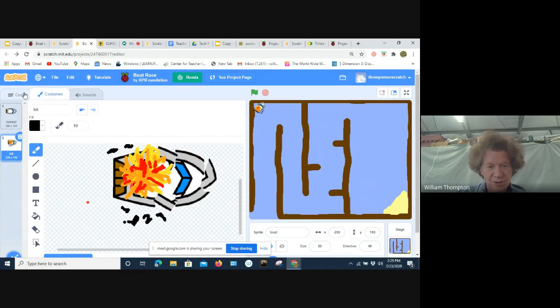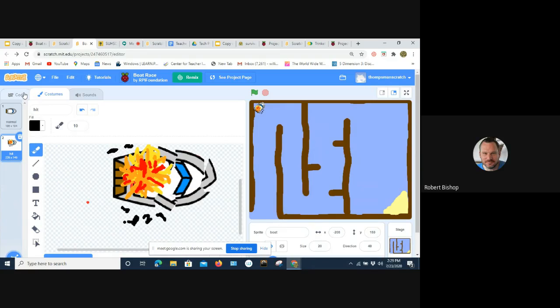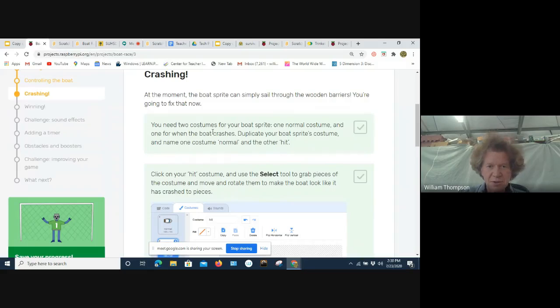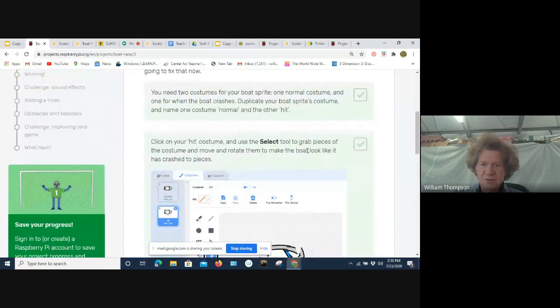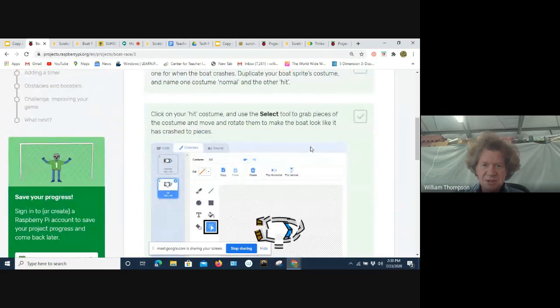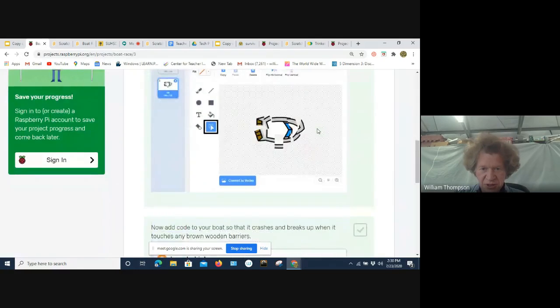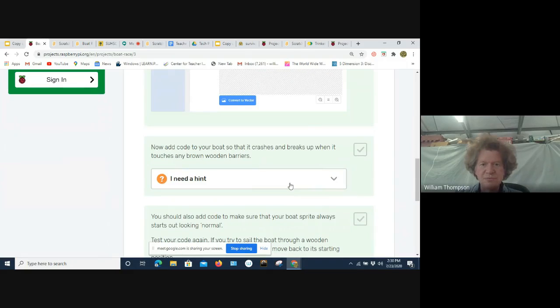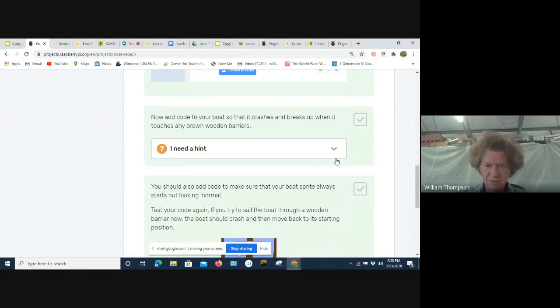Okay, so I'm gonna come back to code, and I'm gonna look at the directions again. So hit costume, grab pieces of costume, move and rotate them to make the boat look like it's crashed into pieces. Nailed it. Now add code to your boat so that it crashes and breaks up when it touches any brown wooden barriers. And then let's look at the hint.